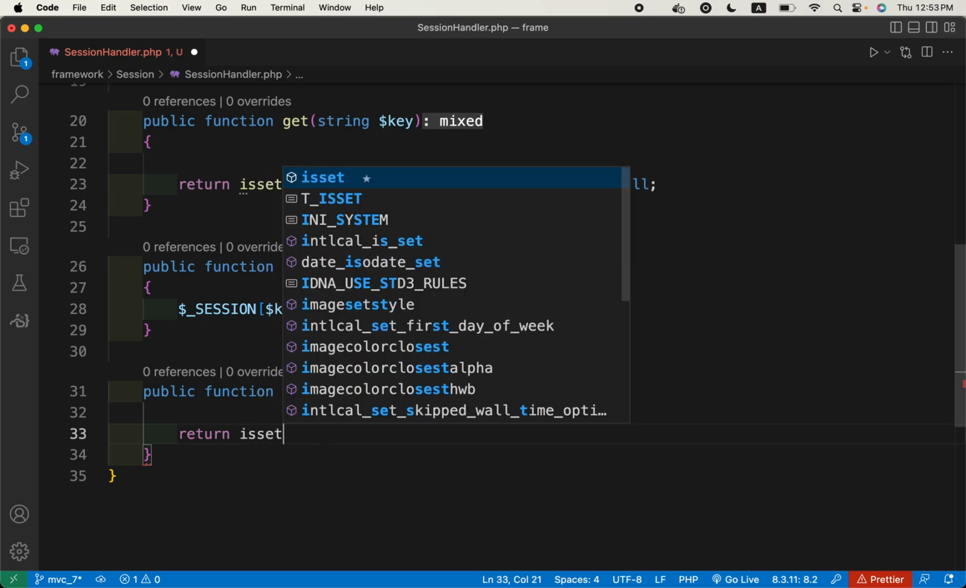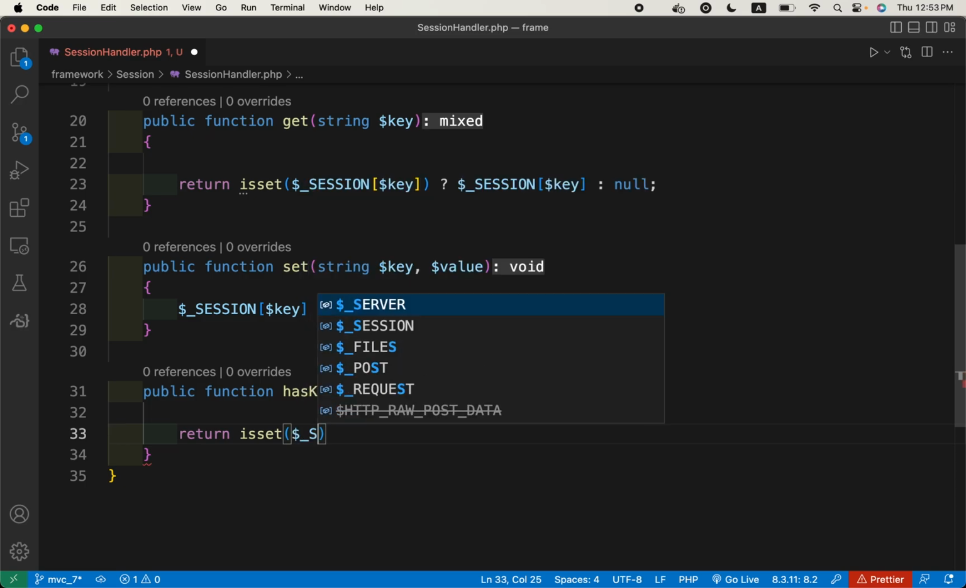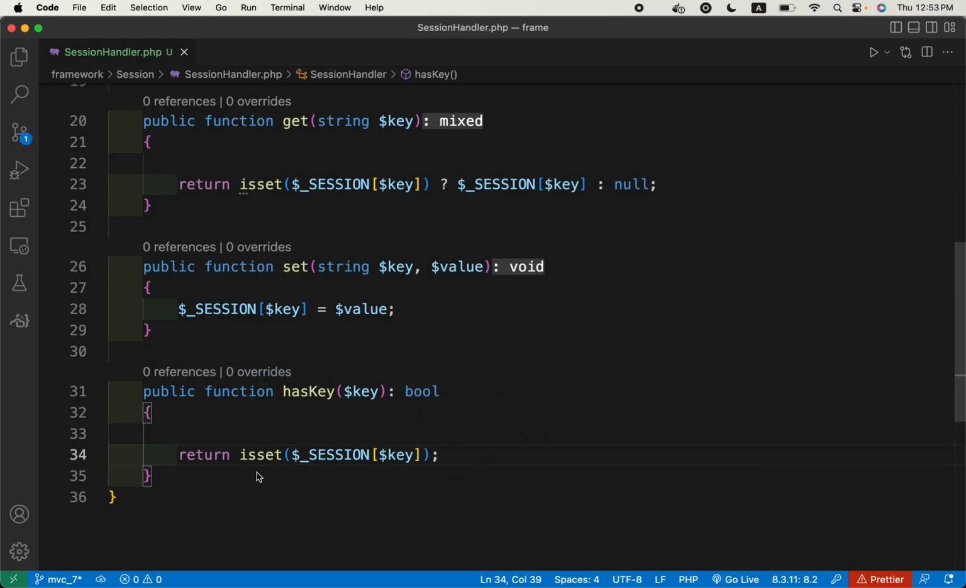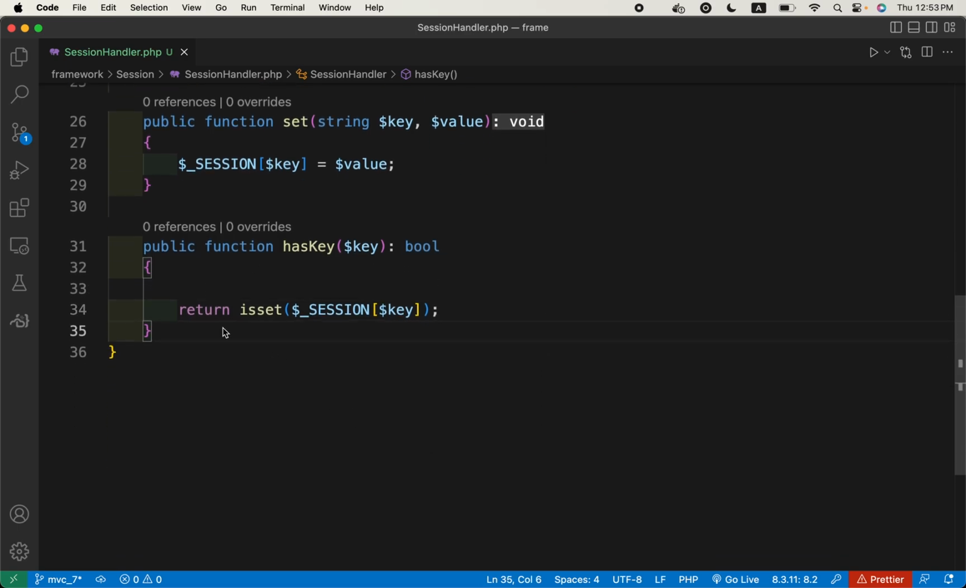So return isset $_SESSION and the key. So if it is set, it will return true, otherwise false. Similarly,